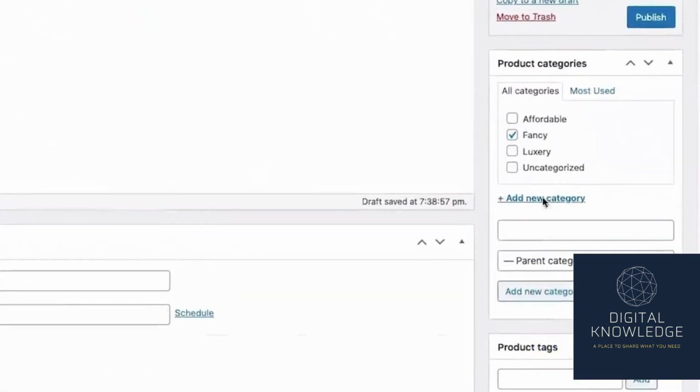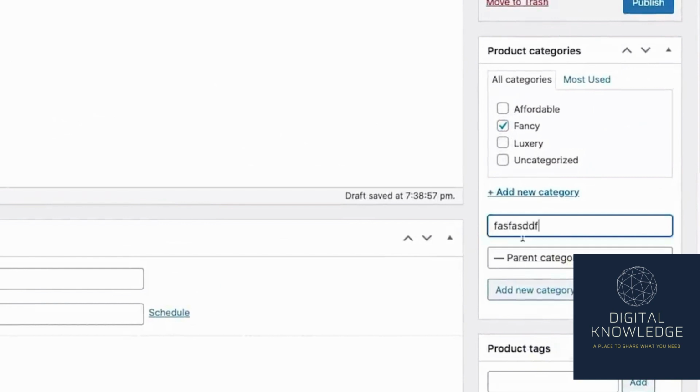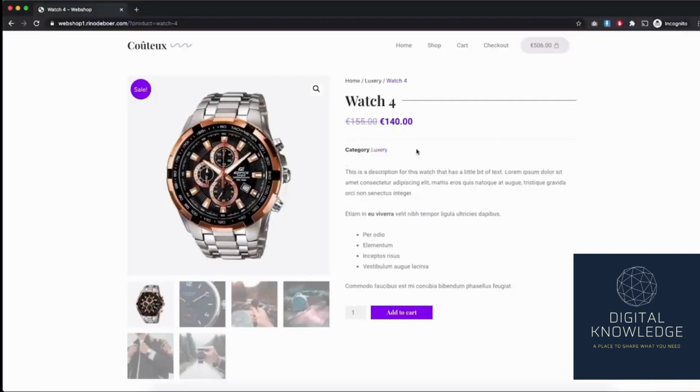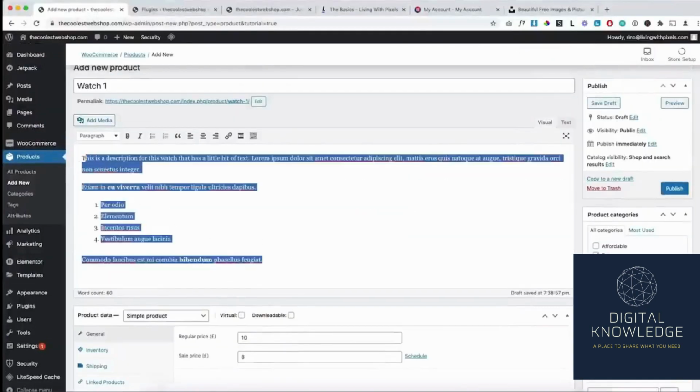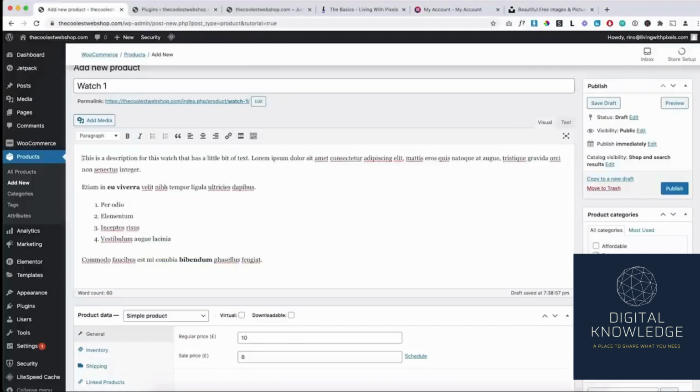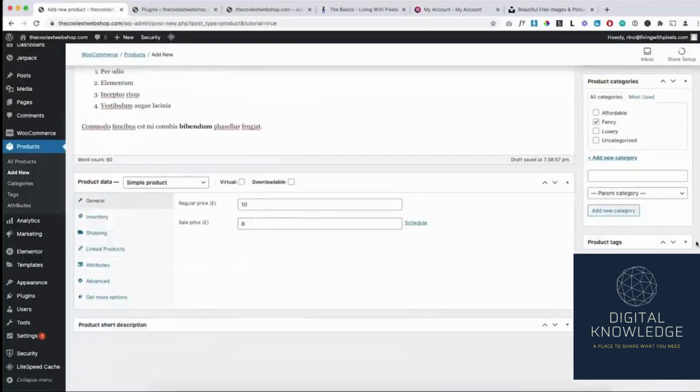I've created a few categories over here. You can just add in a name over here and then click on add a new category. So I've created 3 categories over here and I've checked one box, which then we can display over here. The text that you see over here is the exact same text as you see over here. That's just a normal text field in the same way as it is for a blog post inside WordPress. And then at the bottom over here, the only thing that I haven't done yet is the product image, because